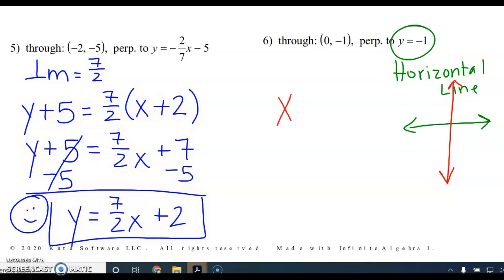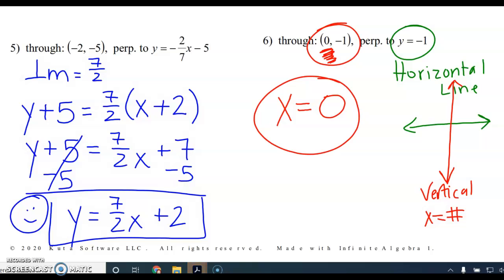Remember, vertical lines have x's, no y's. So this vertical line is going to have to be of the form x equals a number. So if we're going through the point 0, negative 1, where x is, no y's, I can see that x is 0, so it would be x equals 0. So perpendicular, opposite inverses. You change the sign, you flip the fraction, and that